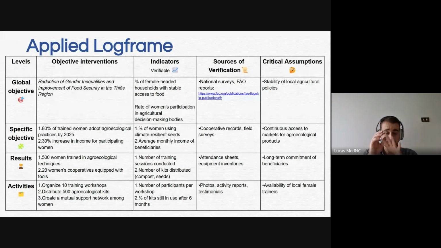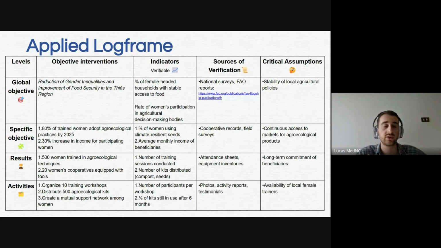So, just to close on this log frame, at the end of the presentation, I can send you a lot of links about this. The log frame is to check if your activity has been directly linked to your results, and what the proof is for that.